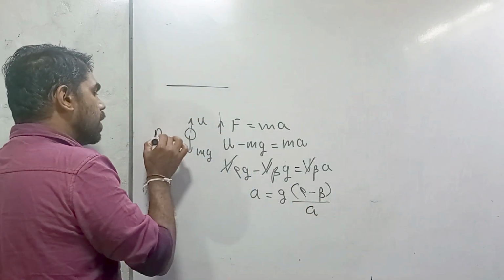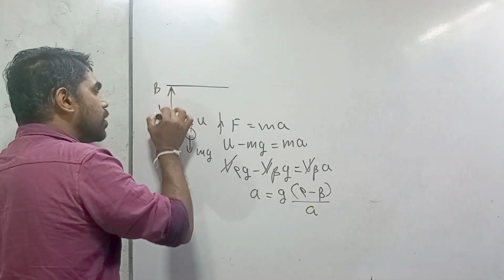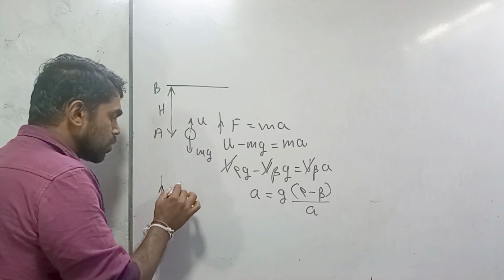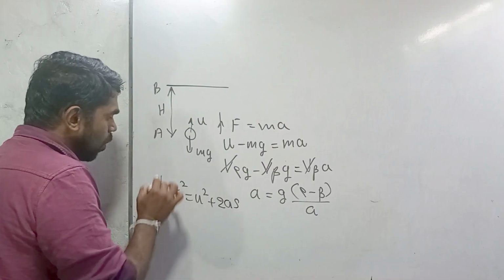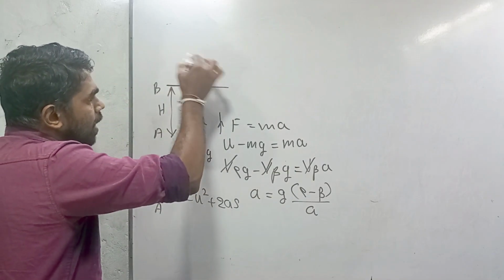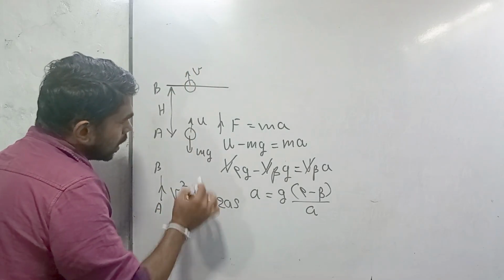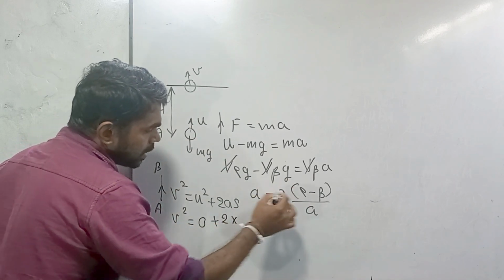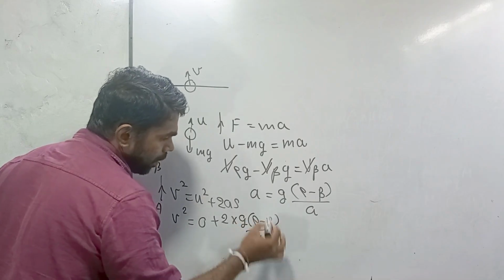Then I will consider A to B motion, and we know that this height is capital H. Therefore, we can use v squared equals u squared plus 2as for the A to B motion. v is the final velocity at this point. v squared equals u squared, where initial velocity u is 0, plus 2 times acceleration, which is this value, g times rho minus beta divided by beta, times H. Then